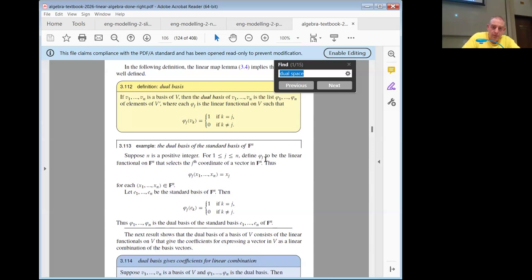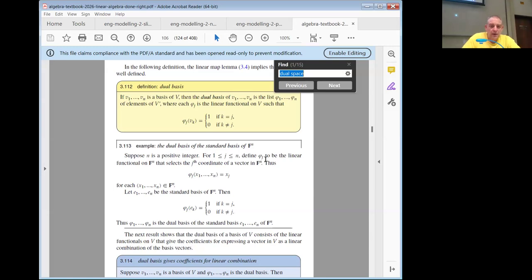So V1 up to Vn is a basis for V. Then the dual basis is a list of functionals in V dashed, so that